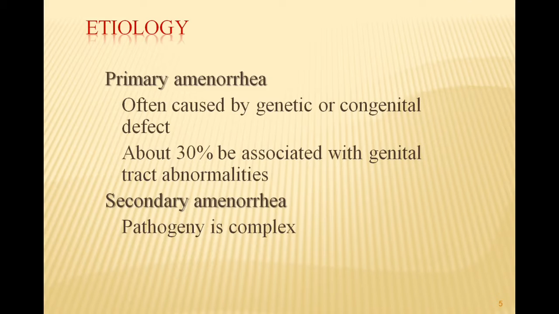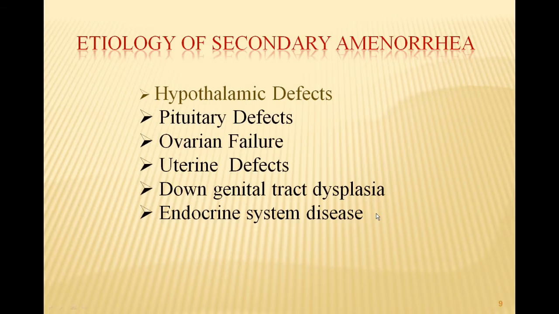The etiologies of amenorrhea are very complex and diverse, so the etiologic diagnosis of amenorrhea is most important. Primary amenorrhea is often caused by genetic or congenital defects, so about 30% of primary amenorrhea is associated with genital tract abnormalities. But for secondary amenorrhea, the pathogenesis is complex, and it is common in the clinic. So we mainly talk about secondary amenorrhea today, and we know the menses are controlled by the hypothalamic,